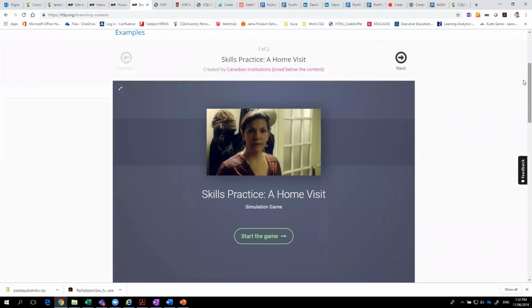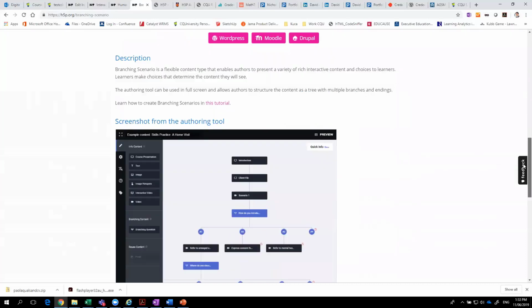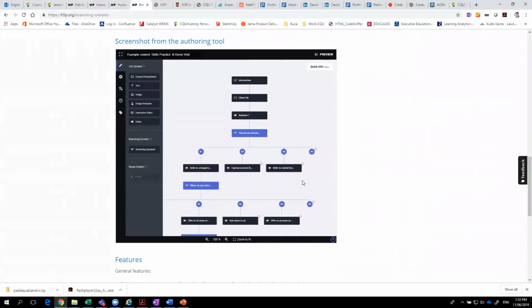There are some videos in there, and at certain points in the story, they're asked to make a decision, such as, do I sit here, do I sit there, or do I sit there? If they choose the wrong place to sit in the room, a place where they might not be able to escape if it's unsafe, they get feedback saying you may want to sit close to the exit just in case someone goes nuts in that home visit. So it's interfaces like that where you can have these branching scenarios.